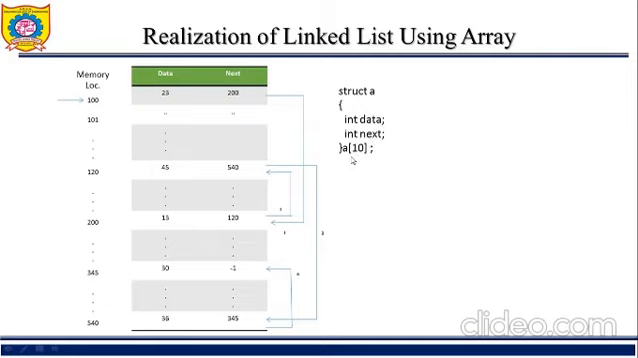How many nodes are there in the list? That we can assign by using an array. Here we have taken the number of nodes in the list, for example 10. So for every node, it stores the memory